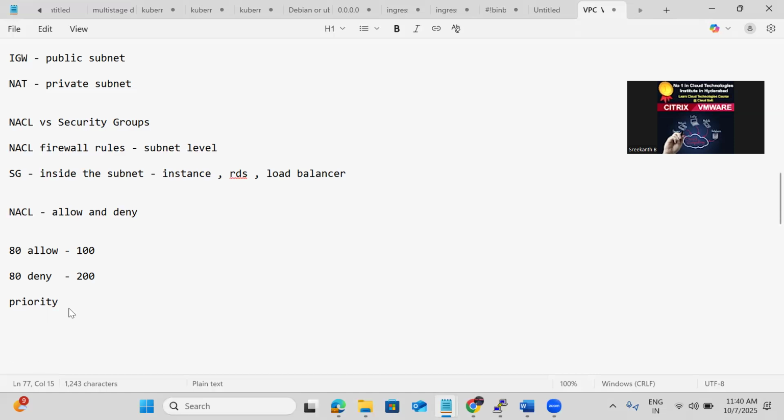And we also have stateless and stateful, which is also one of the differences. I'll explain that also. Now in the interviews, people will ask us the difference between